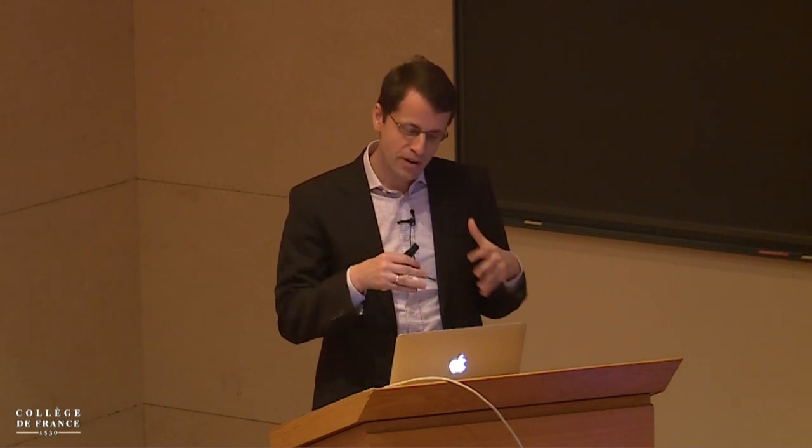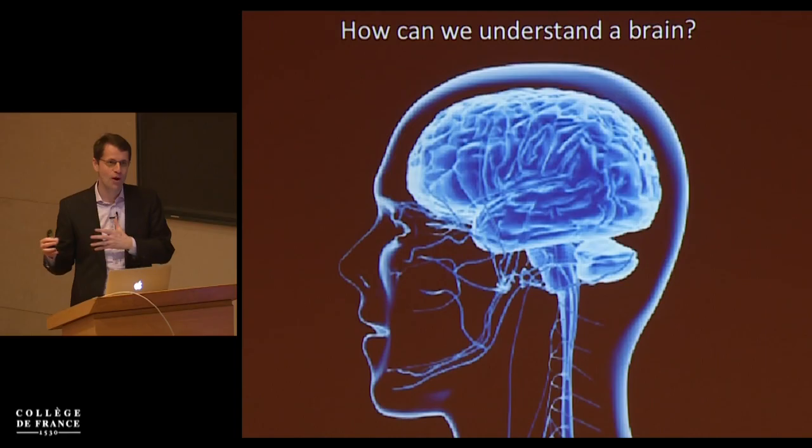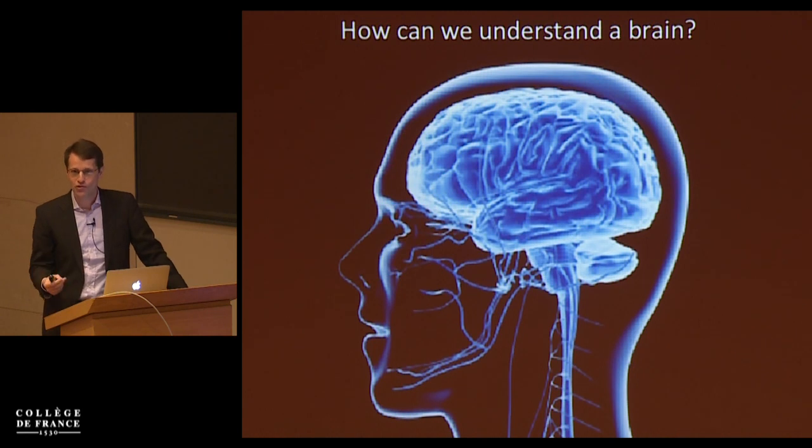What I'd like to do first is go back in evolution to a time when there were no brains, and brains were just developing, and try to show you how these very primitive brains might have worked and what they can do. Going through these steps, I'd like you to realize that you need techniques that are very specific, and it will come very naturally that optogenetics is a very good solution for understanding the brain. But I'd like to go through the journey of evolution so that you realize